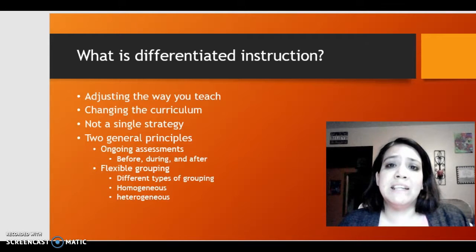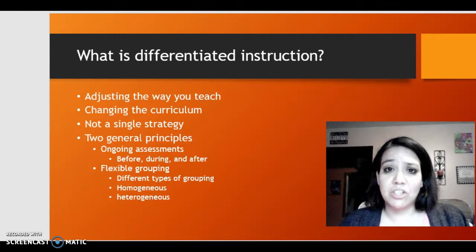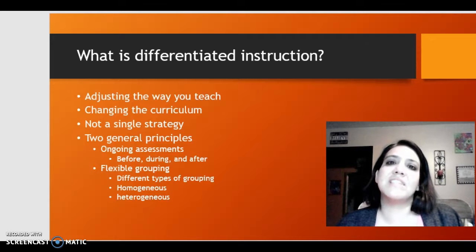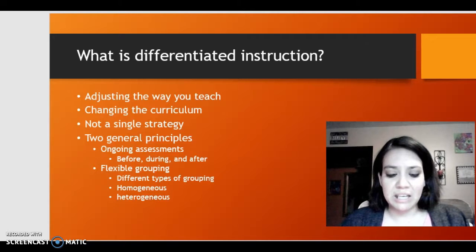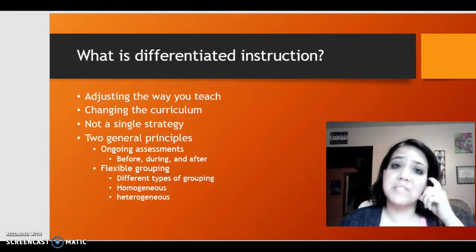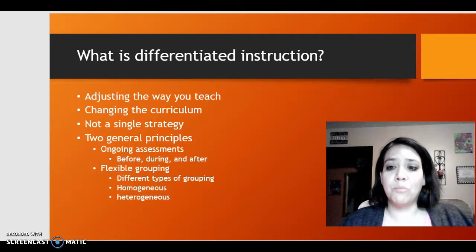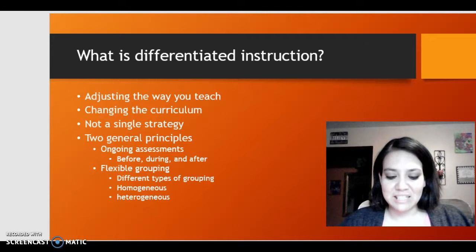There are a variety of different types of grouping that can be used. Teachers can use whole groups, such as the entire class. They can also use small groups, which consist of 6 students or less, or they can even use just pairs. If they decide to use pairs or small groups, then they need to decide what type of grouping they want to do, whether it be homogeneous, which means grouping students that are on the same level or have the same needs so that they can work on specific interests or tasks,